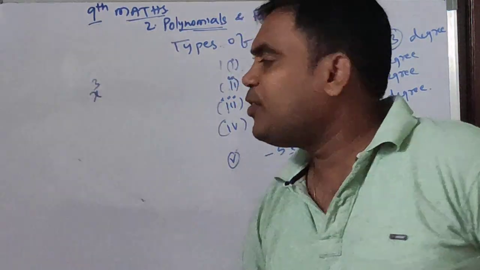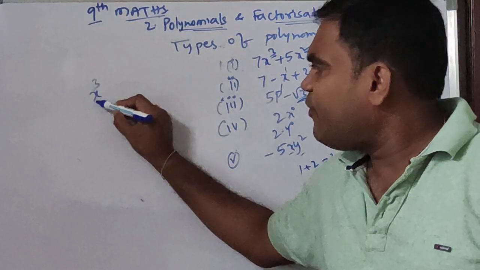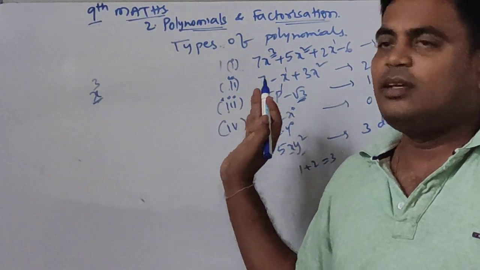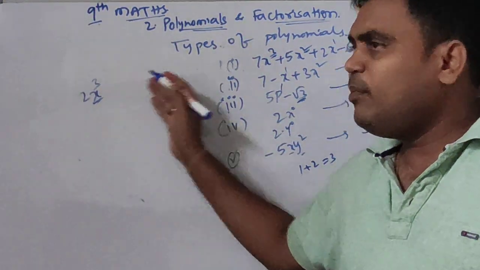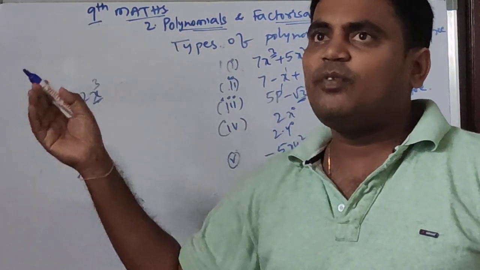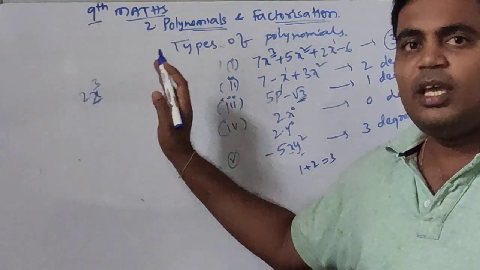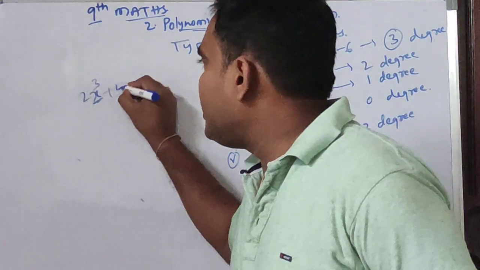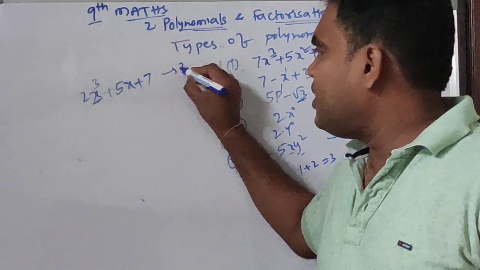So I am taking x cube. The polynomial contains definitely x cube and lower powers, but not higher powers. Whatever the coefficient of x cube, I am taking 2. So we must take lower powers. If we take higher powers of x, for example x power 4 or x power 5, then the degree won't be 3. So we should keep powers less than 3. So plus 5x plus 7. Okay. So here it contains 3 terms.